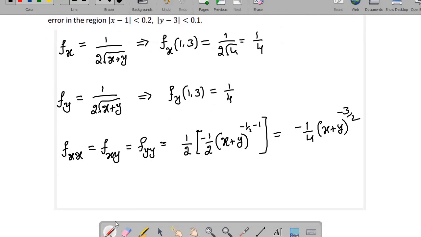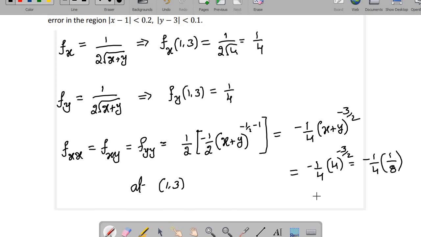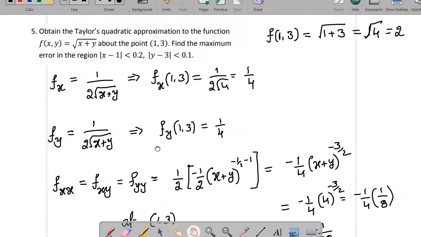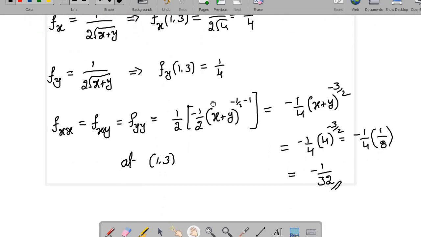So let us find the second order partial derivatives at (1, 3). So at (1, 3) what happens? This equals minus 1 by 4, this is 4 to the power of negative 3 by 2. I hope you can see that is minus 1 by 4 times 1 by 2 cube, that is 1 by 8. So you'll get minus 1 over 32. So you got the second order partial derivatives, you got the first order partial derivatives. Now we are ready to write